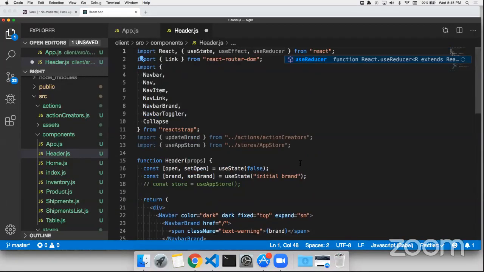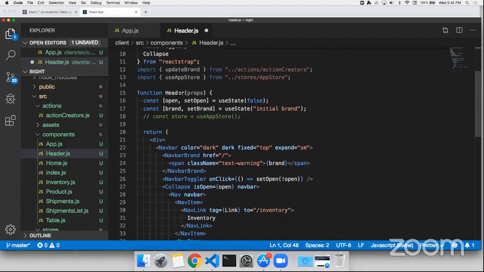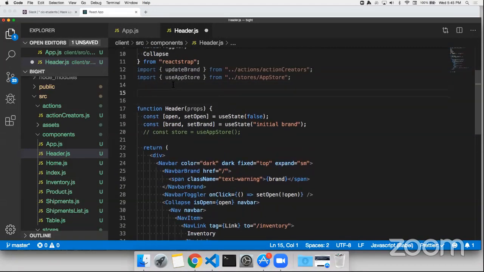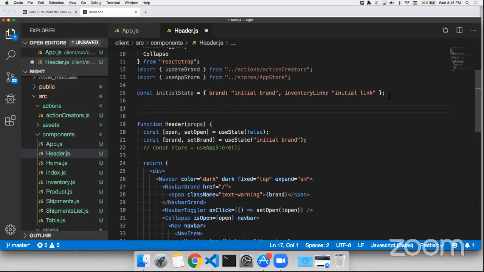So to use reducer, you create a reducer function. Well, first of all, you create your initial state. So we'll say const initialState, and we'll just say brand: initialBrand. And what did we do before? Like inventory link, initialLink. We have this piece of state that we're going to have as our default data. Then when we create that reducer function,